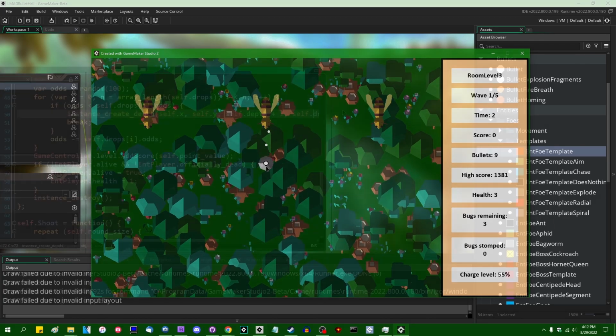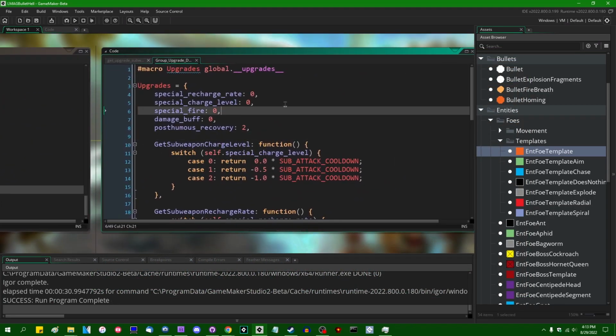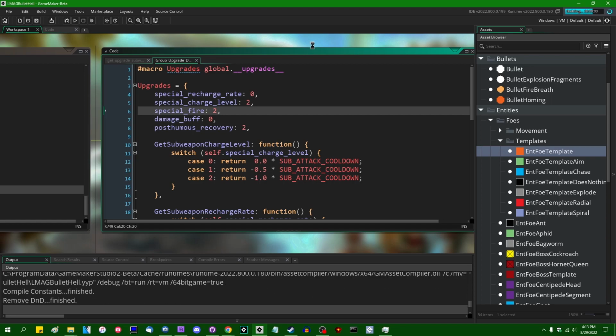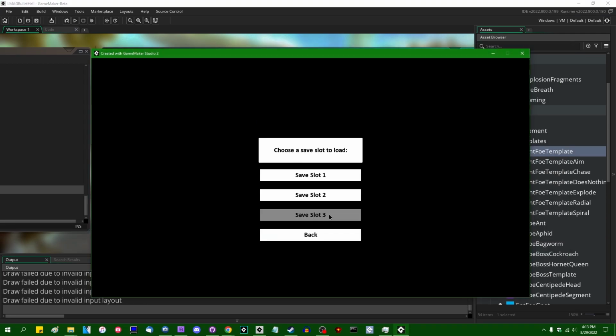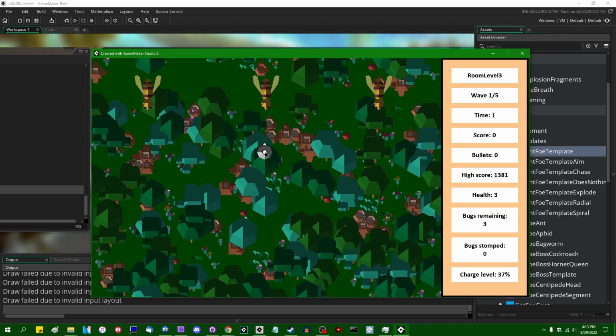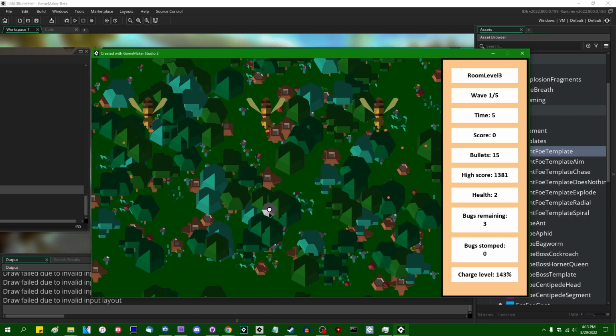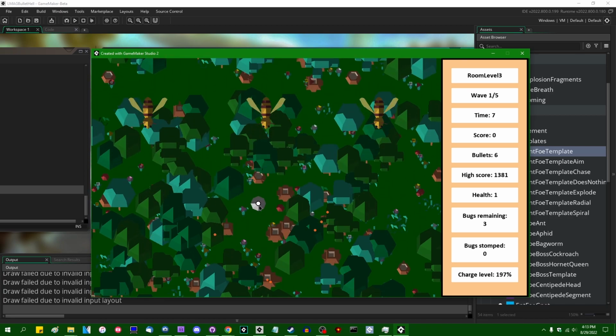Actually, you know what I can do to make testing this easier? I can enable the special charge level rank 2 and special fire rank 2, and that's going to allow the fire to do a lot more damage when I shoot it. And that is going to allow me to have a greater chance of actually finishing these things when I die. Alright, so 2 health, 1 health, and the next time you shoot...